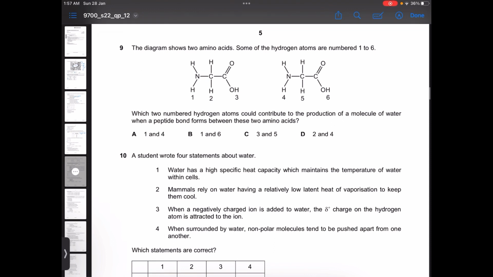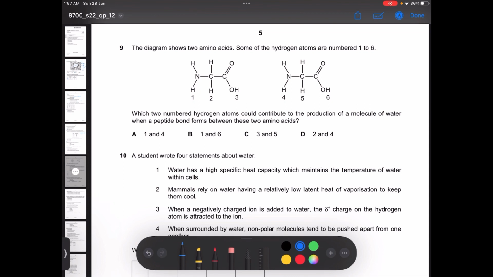The diagram shows 2 amino acids. Some of the hydrogen atoms are numbered 1 to 6. Which 2 numbered hydrogen atoms could contribute to the production of molecules of water when a peptide bond forms between these 2 amino acids? So a peptide bond is basically formed between a carboxyl group, which is this one, and this one,